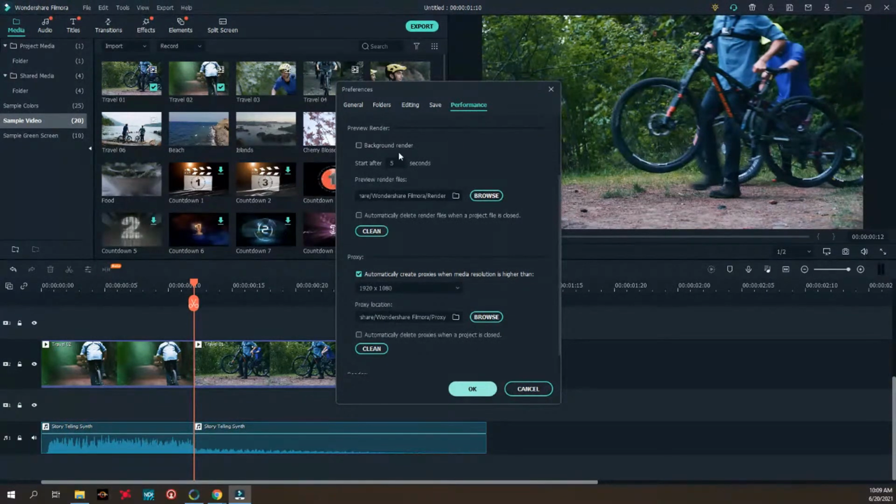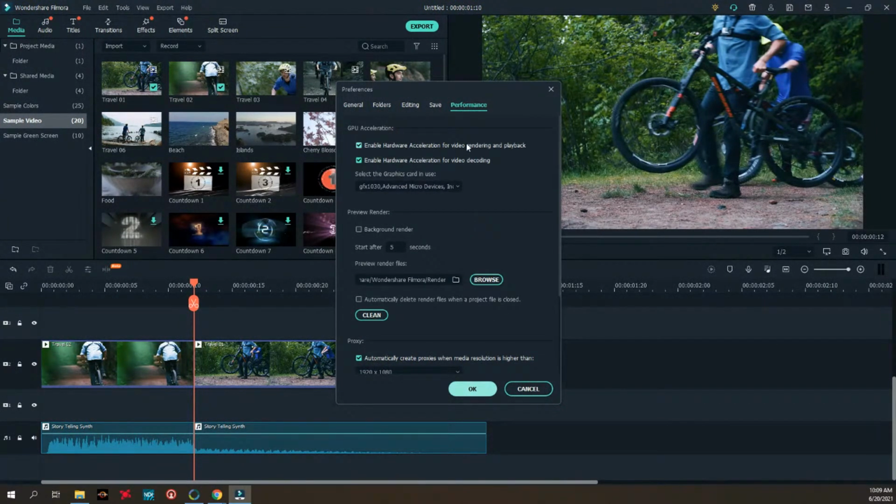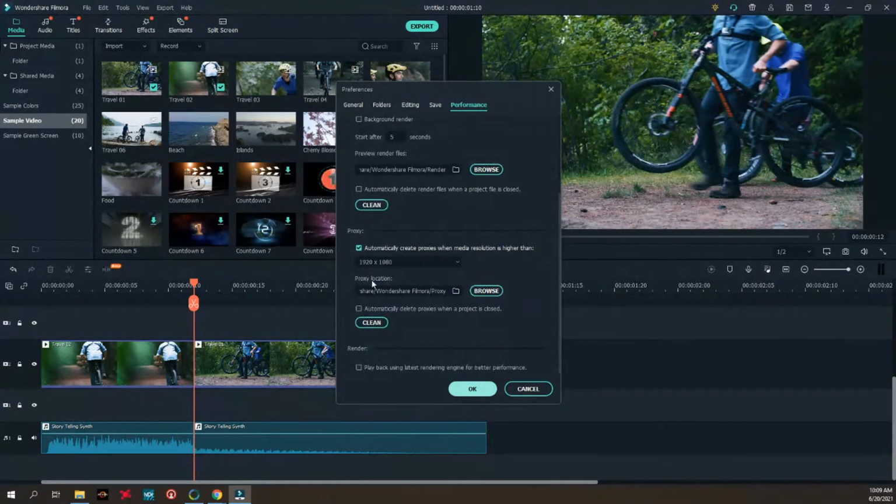At this particular point, one of mine is running slow because it's a 1030. This isn't even assigned to the right one, so I have to reassign it, because sometimes I run it, sometimes I don't. My computer handles it pretty quickly without it. But make sure you've got your hardware acceleration turned on for rendering and for the codec. Then when you scroll down, if you're having problems with it lagging out on you,